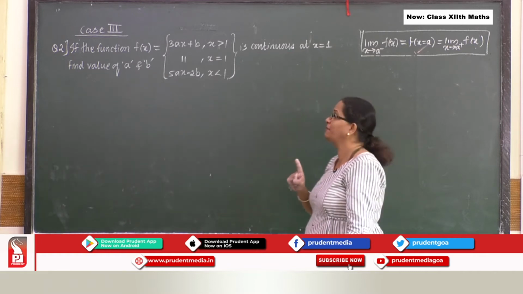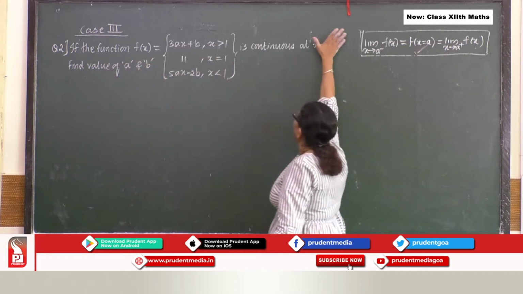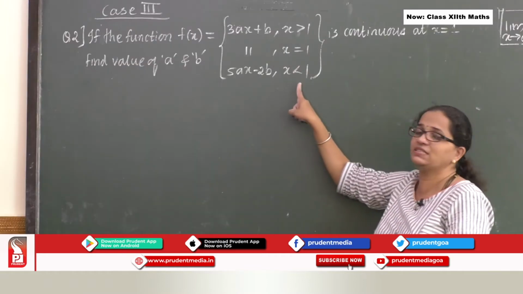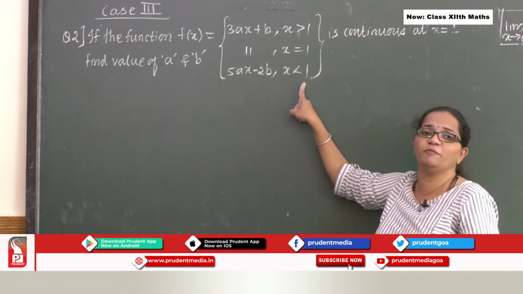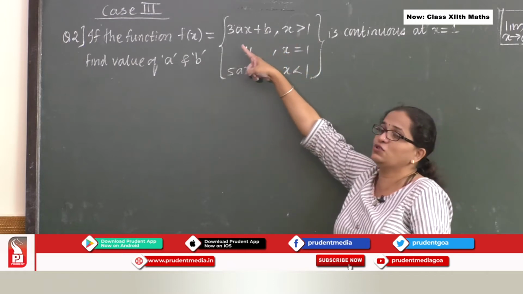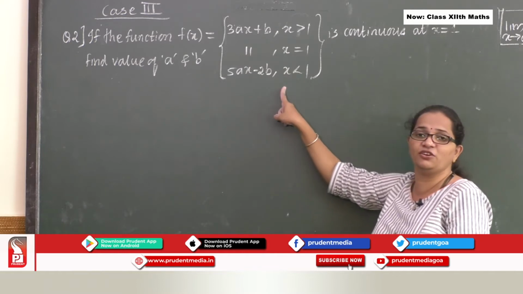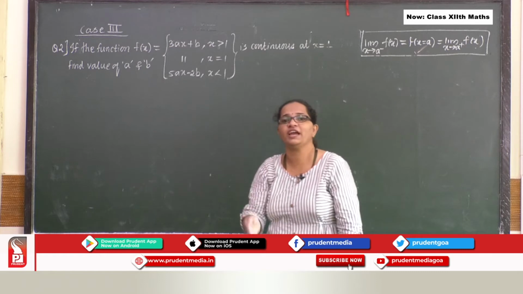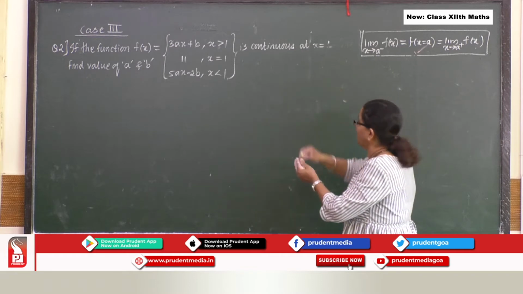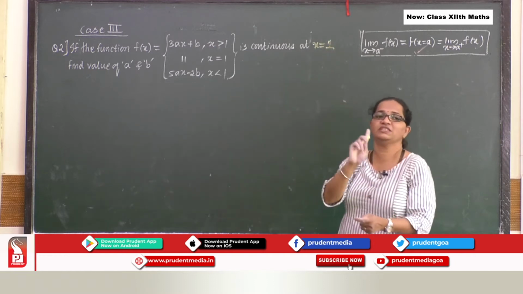Now one thing you people remember, even if they say the function is continuous, and they don't say at what point it is continuous. Look at the points here. The function is having a break at what point? At 1. You see there is a break at 1. All the values of x which are greater than 1 are considered here, and all the values which are less than 1 are considered over here. So obviously I need to check continuity, or I need to say the function is continuous at x equal to 1, even if it is not mentioned over here that the function is continuous at x equal to 1.